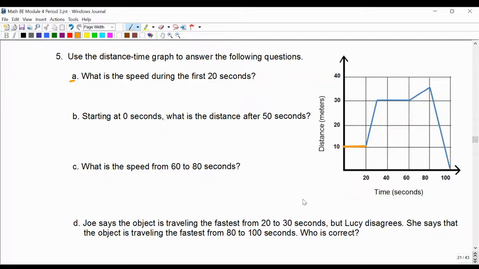Number 5, use the distance time graph to answer the following questions. A, which I'm going to mark up in orange. What is the speed during the first 20 seconds? So that would be this interval from